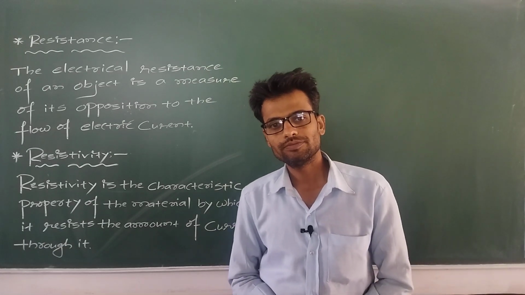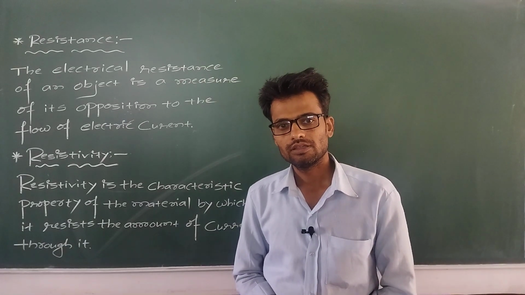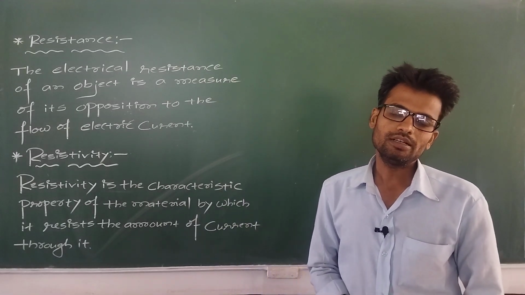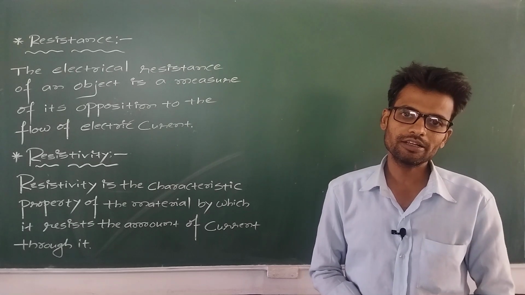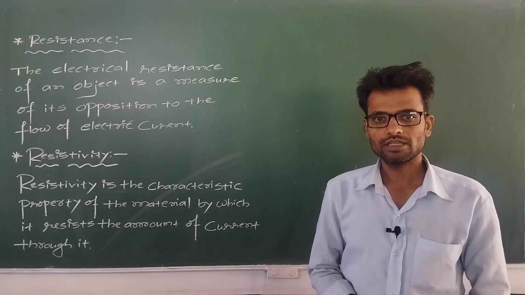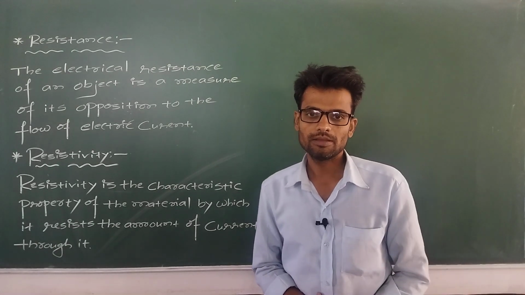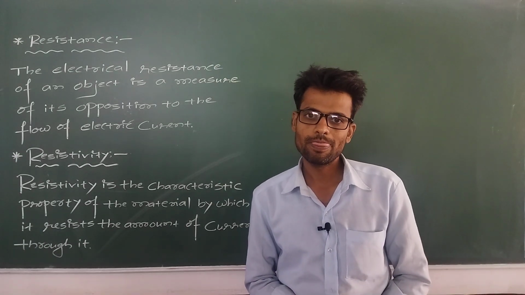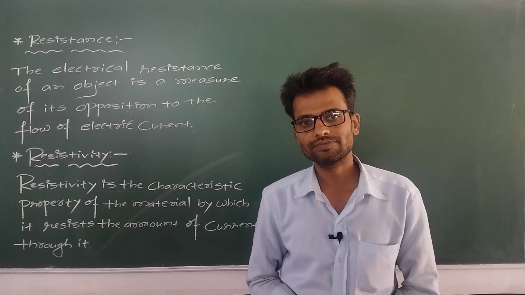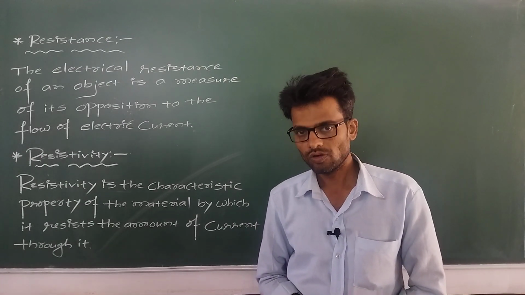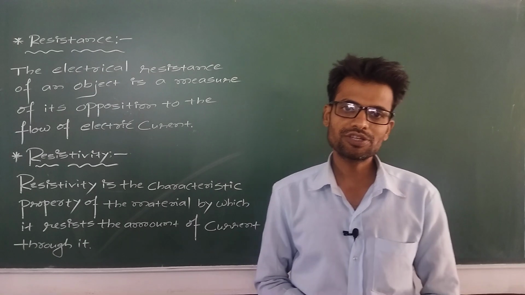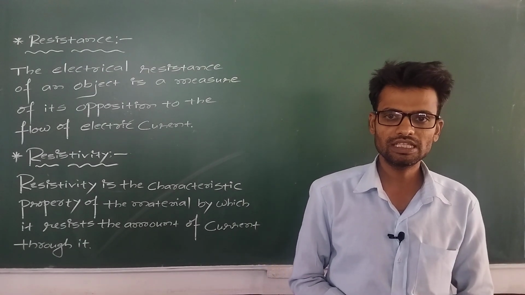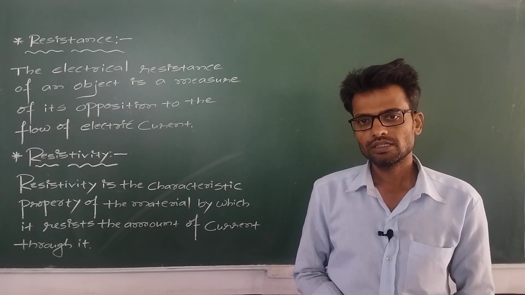In the last video, you saw some basic definitions related to electricity. That is the definition of electric current, then potential difference between the ends of a conductor, Ohm's law, and the mathematical expression of Ohm's law, that is V equal to IR. You saw all these things, and in this video